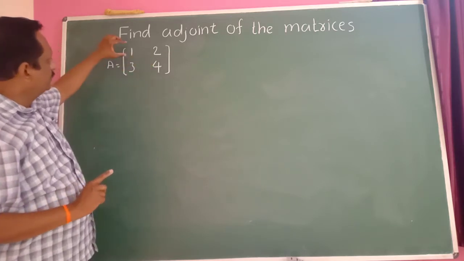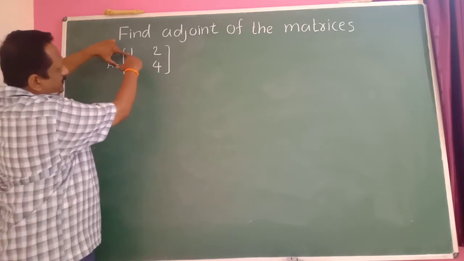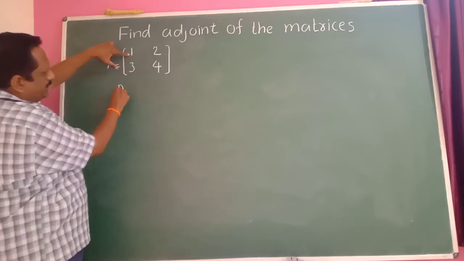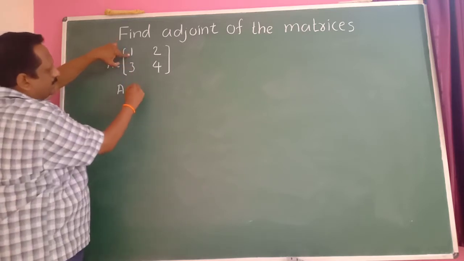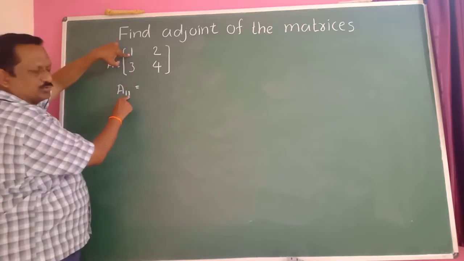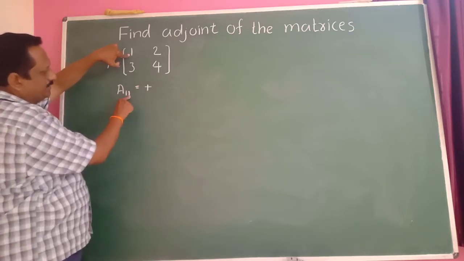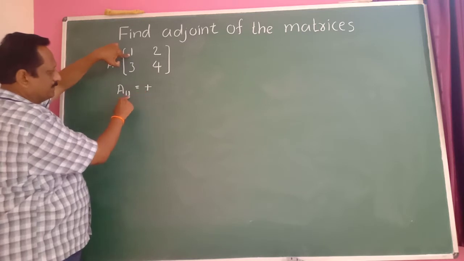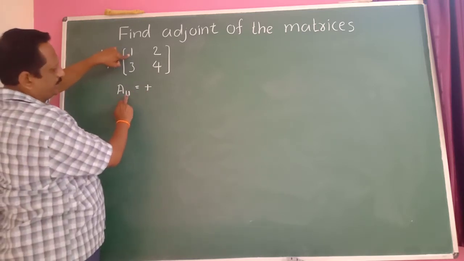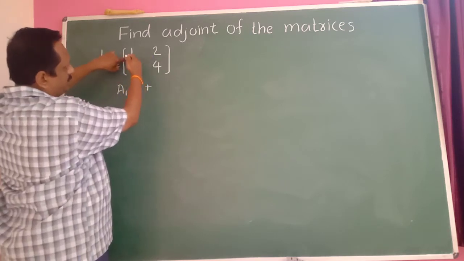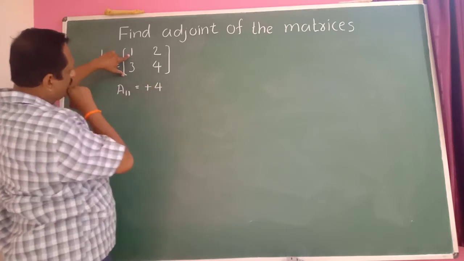Okay. So find the cofactor of this element. This is in the first row, first column, therefore it is denoted by A11. It is the cofactor of this element. So 1 plus 1 is 2, an even number, then we take a plus sign. If it is an even number, take plus. If the sum of the suffixes is odd, take a minus sign. Deleting the first row and the first column, the remaining element is 4. So it is 4. Okay.